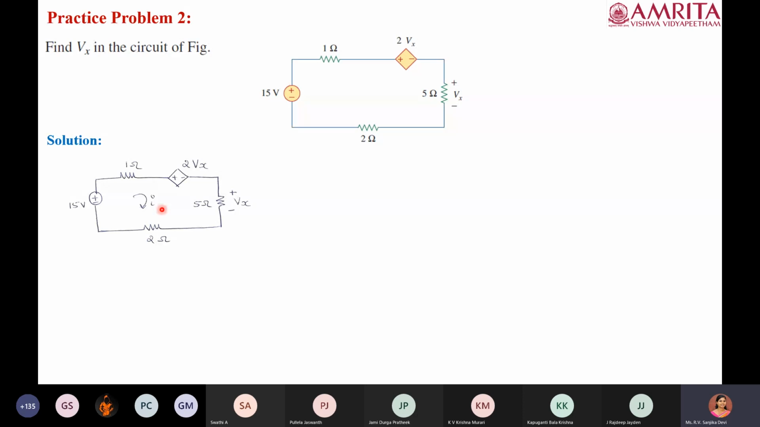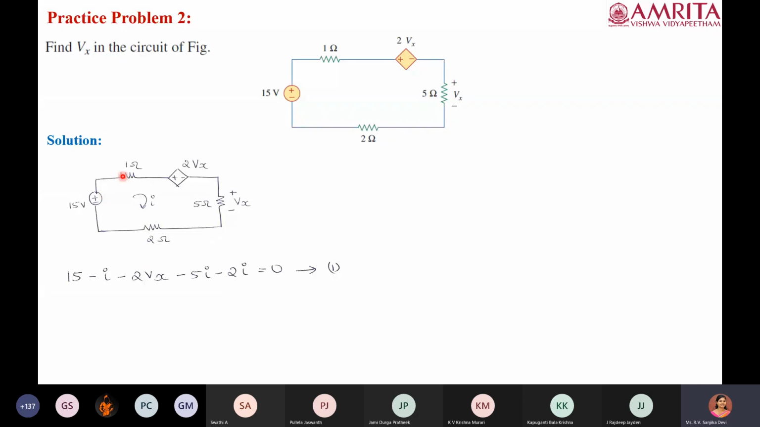So now we can write a KVL equation because all the elements are in series. It is easy to apply the KVL. Okay, Kirchhoff's voltage law. So what is the equation we will get? So here we are having a voltage source. Then we are having 3 resistors. Yes, so there will be a voltage drop across each of the resistors. Okay, so the equation will be